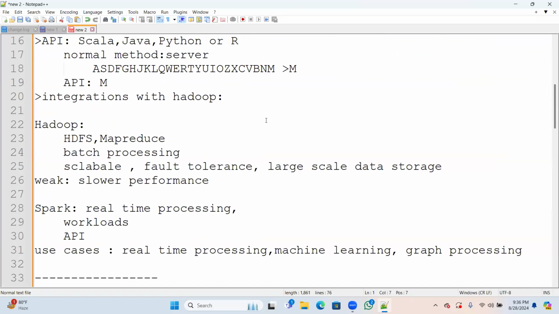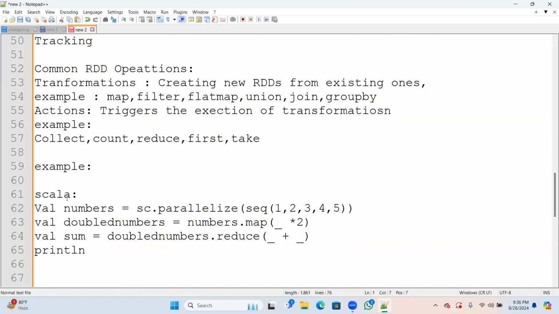Whatever code you write, from when it starts until it is executed, the real-time data will be processed here itself and stored somewhere. So you don't need to go back and check the data in any storage.